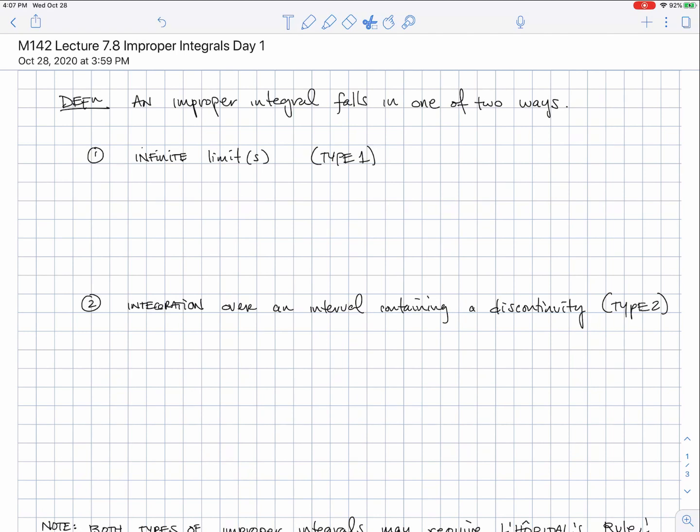All right, folks, this is the lecture on section 7.8, improper integrals, day 1. Let's dive right in here. The definition of an improper integral falls into